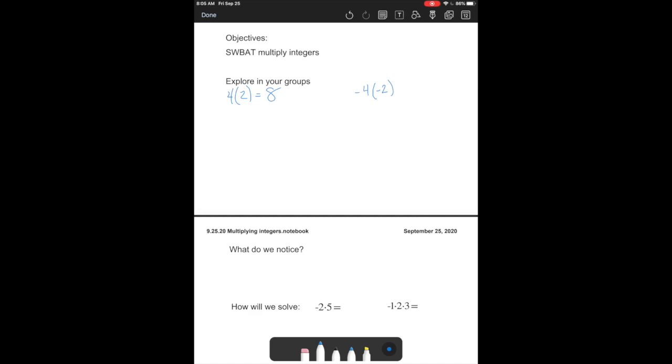And this gets a little confusing and a little strange because when we model it on the number line, it is really saying that we're finding the answer to, or the product of, the opposite of 4 times negative 2. So on a number line,